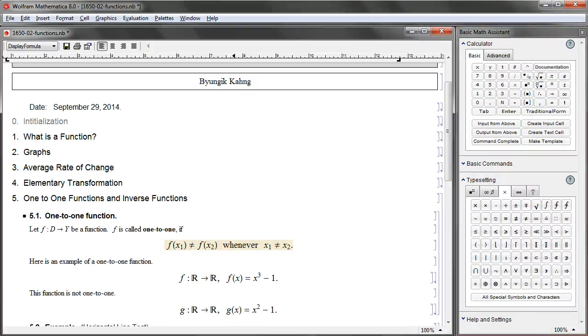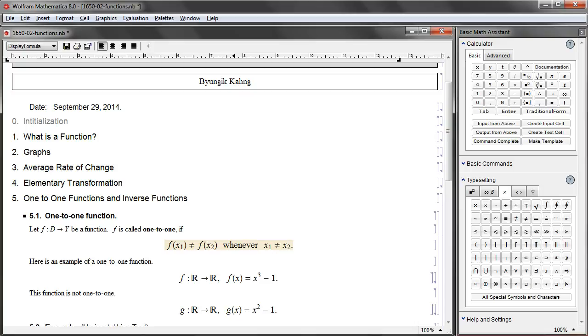So if more than one element of the domain shares the same value in the range, then it is not invertible. It is not one-to-one. It could be two-to-one or three-to-one, things like that. Those are functions, but it is impossible to define an inverse function. For example, if two or more values share one value in the range, how can you come back? Which one is the right one? So we cannot go back, and we need a one-to-one function if we really want to come back to the original